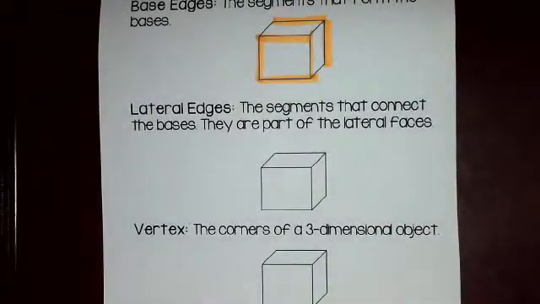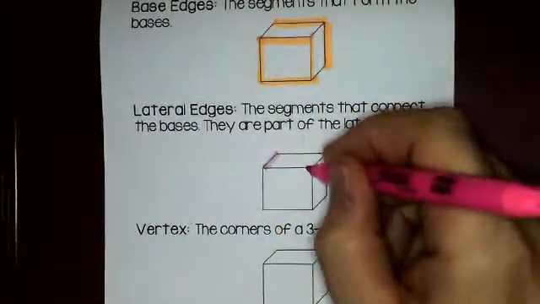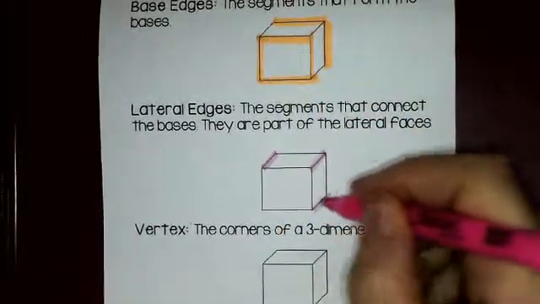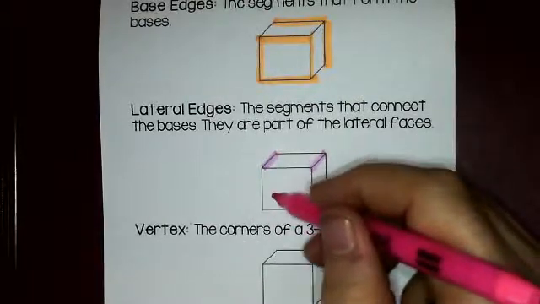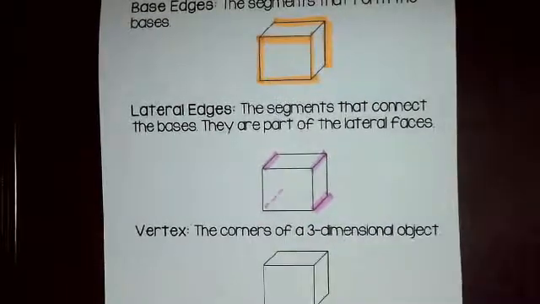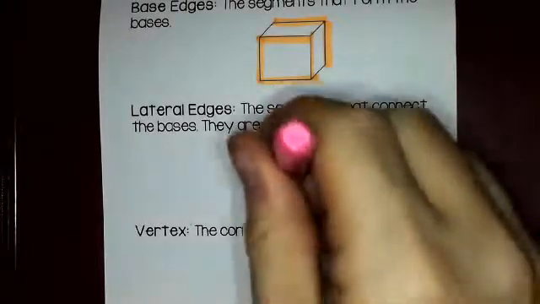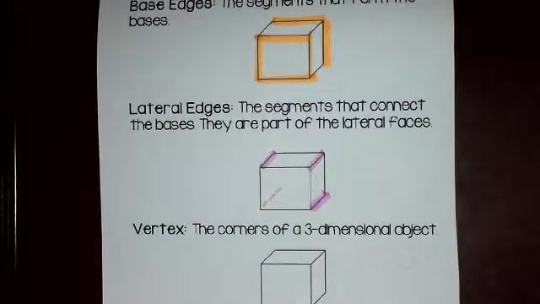Now if we have base edges, we also have lateral edges. Those cover our lateral sides. And the lateral edges would be the edges that connect our bases. And in fact, we have one more lateral edge that we can't see that would go back here. So to form all the lateral edges. And then these sides that are made with our lateral edges and our bases, those would be considered the lateral